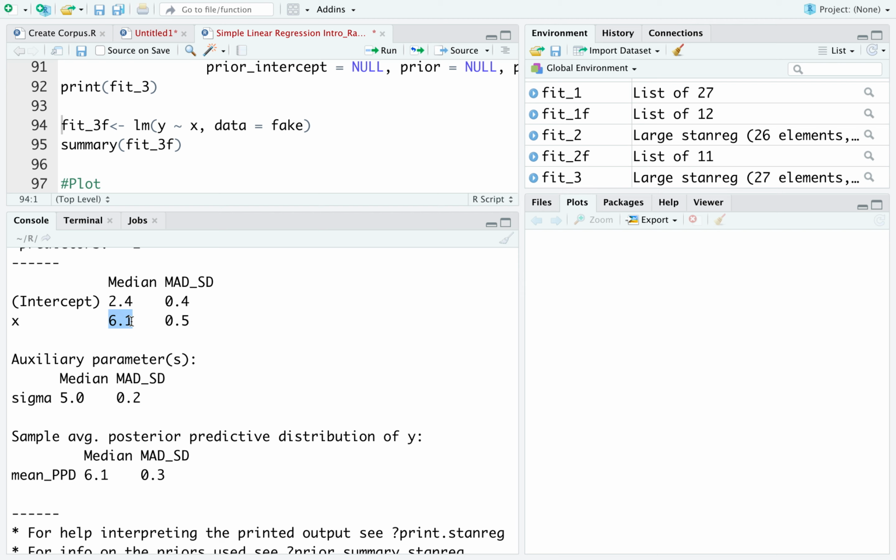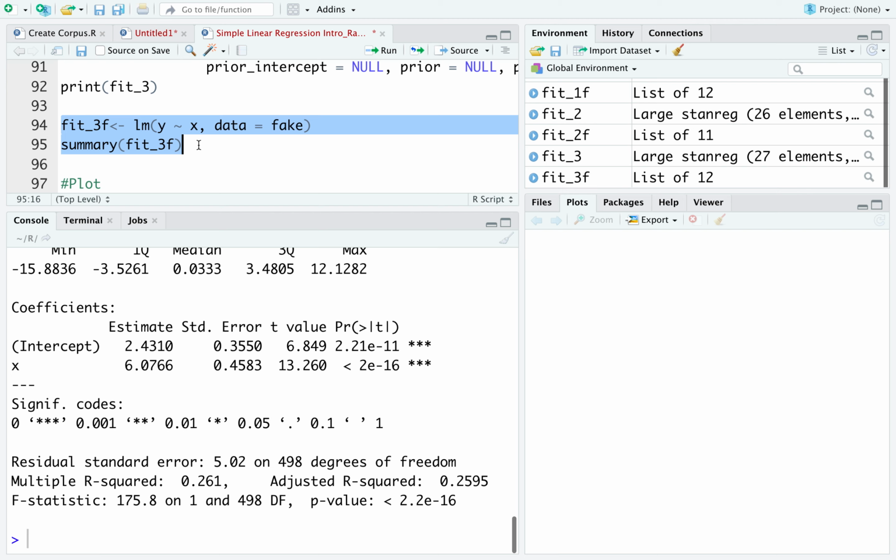But here's the key to the question we had. Slope. What is the slope? 6.1. That should sound familiar. It's similar to the 6 that was the difference in the two means. Right? Let's switch to, we've got some indication of uncertainty on these. Here, the uncertainty of 0.5 for the difference, right? That's the median absolute deviation. If we were doing it in a more common form,